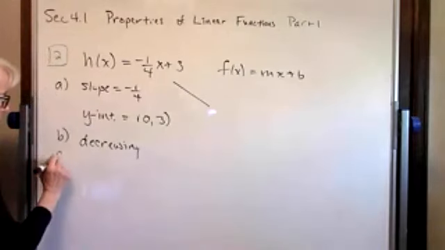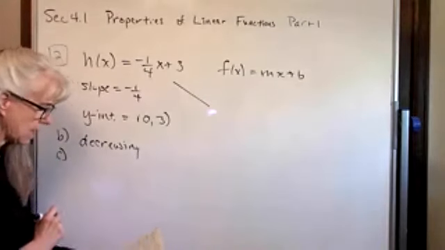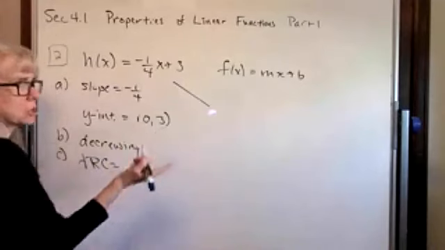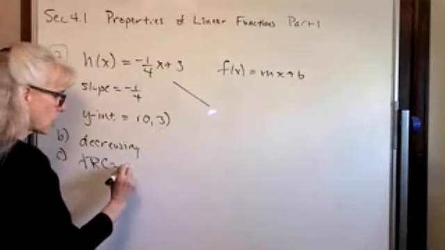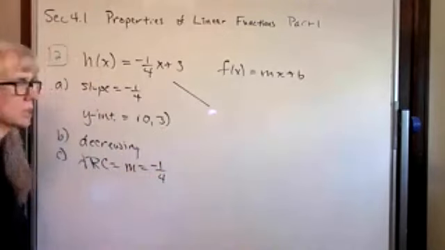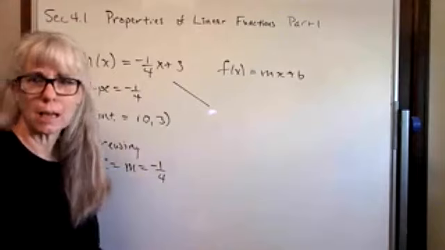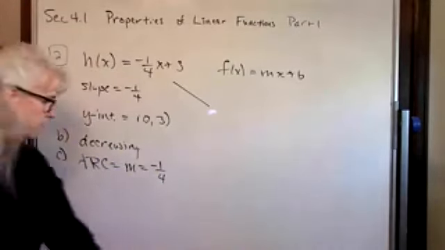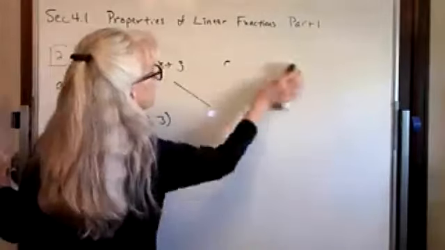And finally, the last question they asked on example 2 is the average rate of change. The average rate of change is the change in y over the change in x. That's the slope for a line. So for us, we know that that average rate of change is 4. So again, just trying to tie the terminology all together for us is what they're doing. And in example 3, getting a little more complicated,